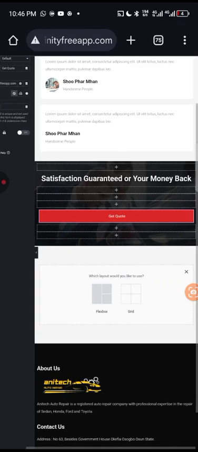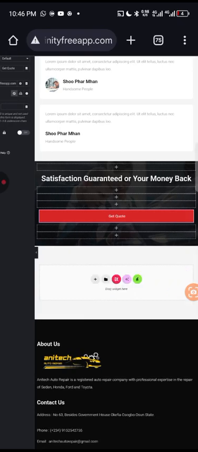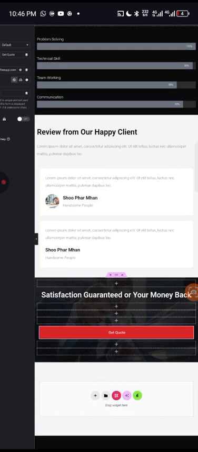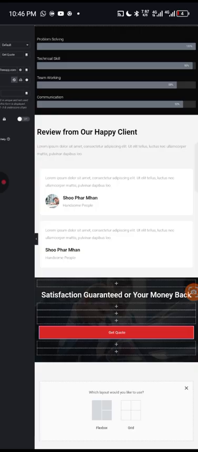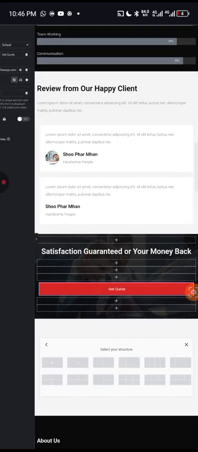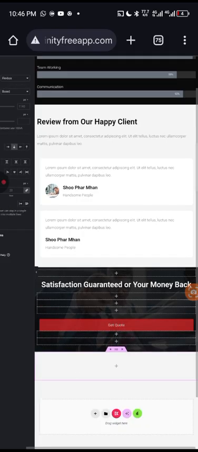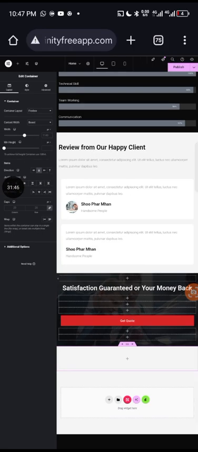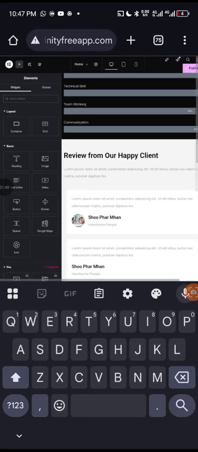And let's say you now want to add another thing that is not on this template. You can just click on this plus to add a section, or click on this X to delete it, or if you want to add any other thing here, you can just click on this plus, actually add a flex box, and when you click on that, you can add a section to it. This is the section. Then you can now add any element that you want to. By using this plus icon,